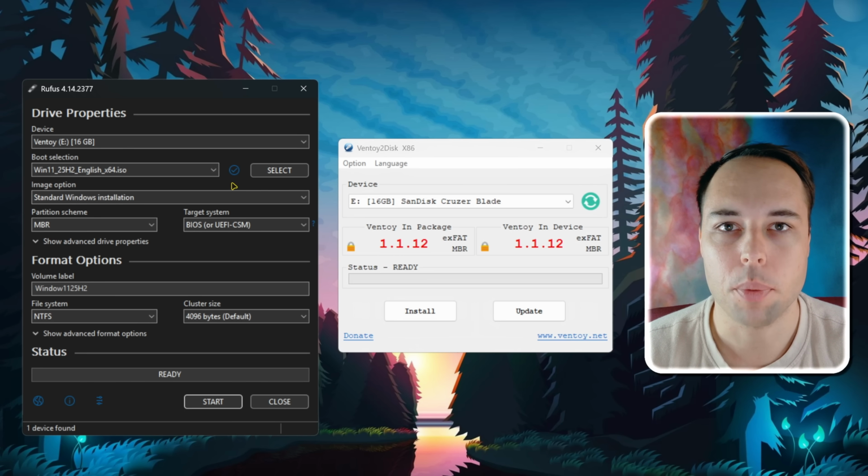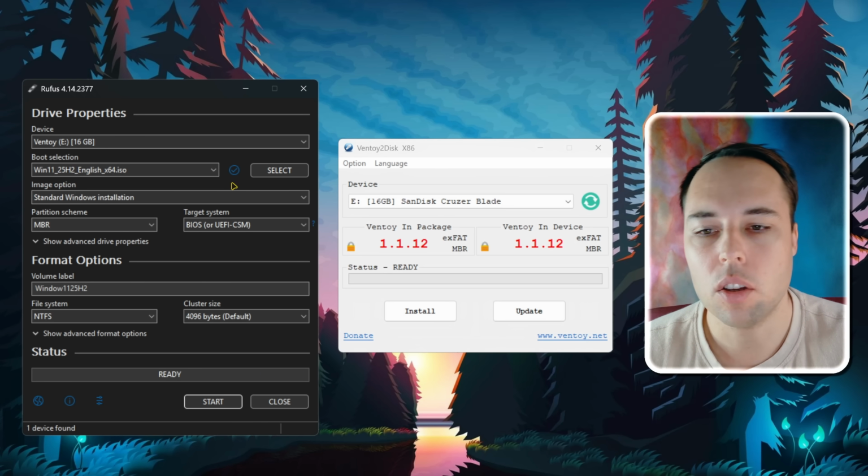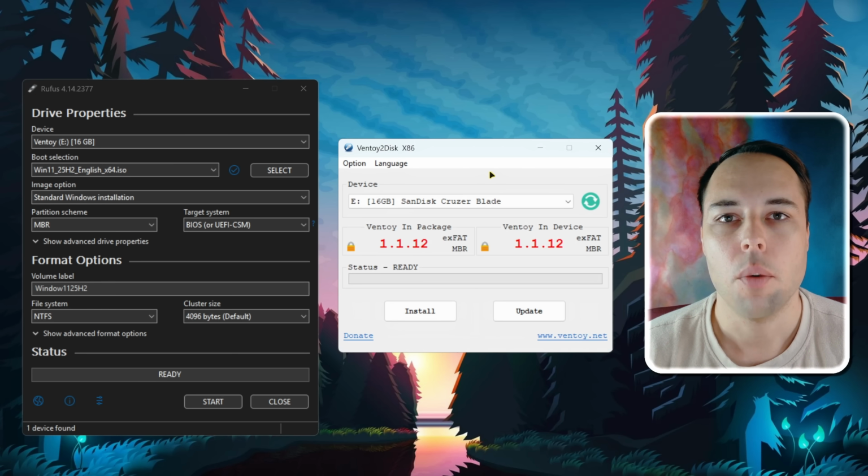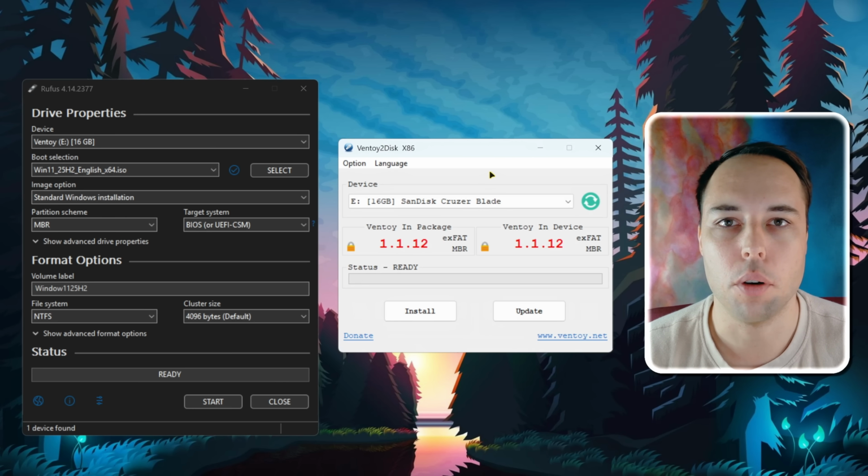It only has one purpose, one ISO file, one operating system that you can boot from and then install onto the target machine. With Ventoy, on the other hand, it's basically like a toolbox that you're creating for yourself, where you have multiple ISOs that you can boot from in different circumstances or at different times.